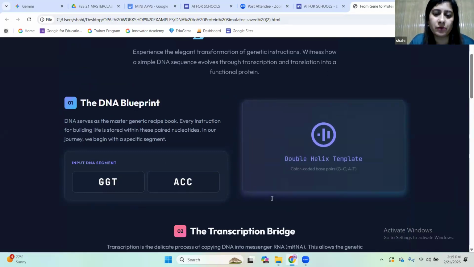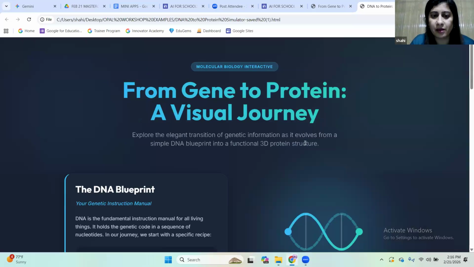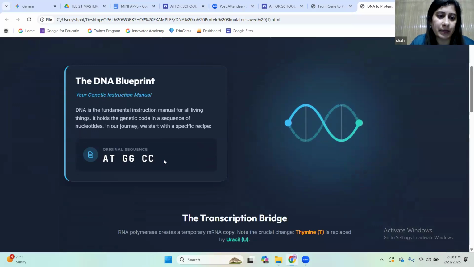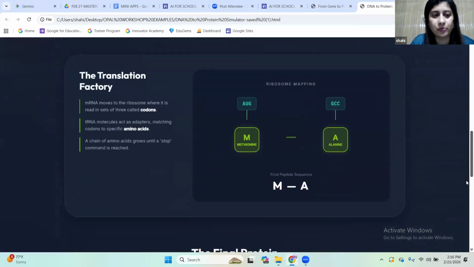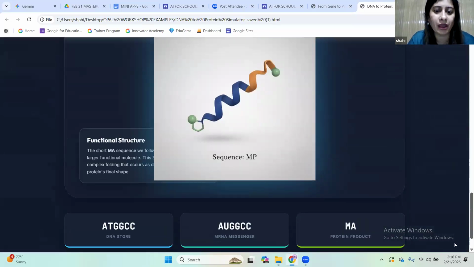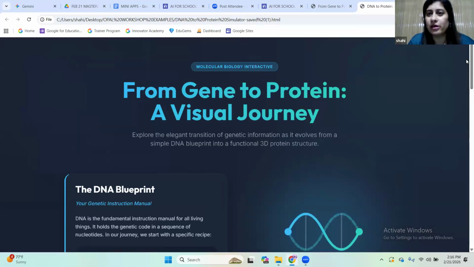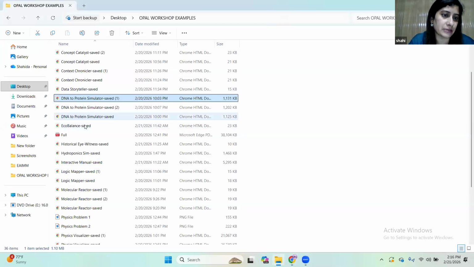So for example, some of the other variations of this app output are here. You can see this was the original short DNA sequence which I had given it. So you see, it has given me an output, it's given me the detail, and that's it. In this way, you can create really nice outputs, which can be used as a study tool for students, and also you can explain them.